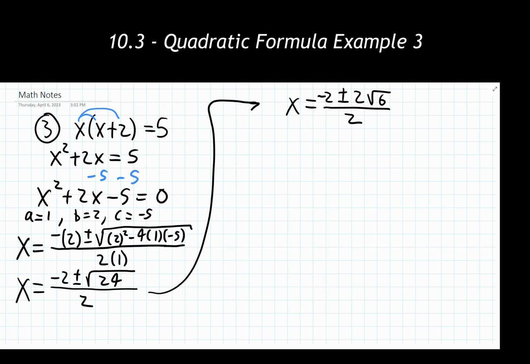From here, I now need to look to see, can I factor and cancel anything out? The square root of 6 is not a perfect square. It's a really gross, terrible decimal. So I'm just looking to factor and cancel anything out from the numerator and the denominator if possible.